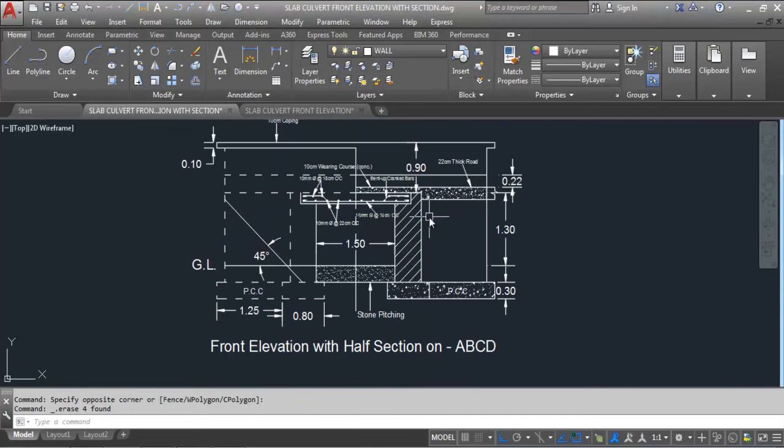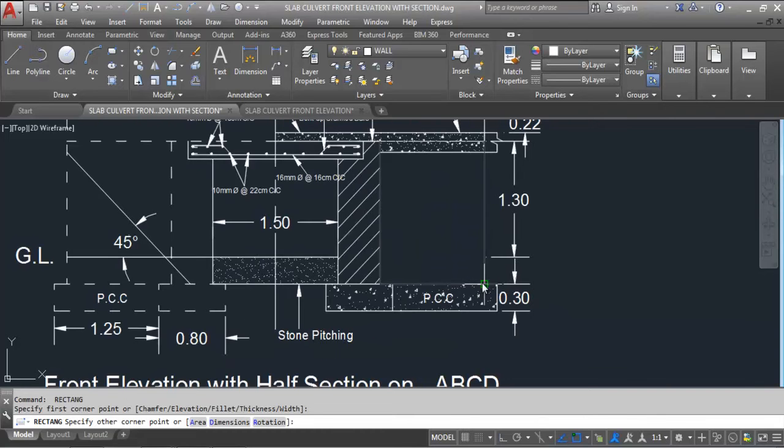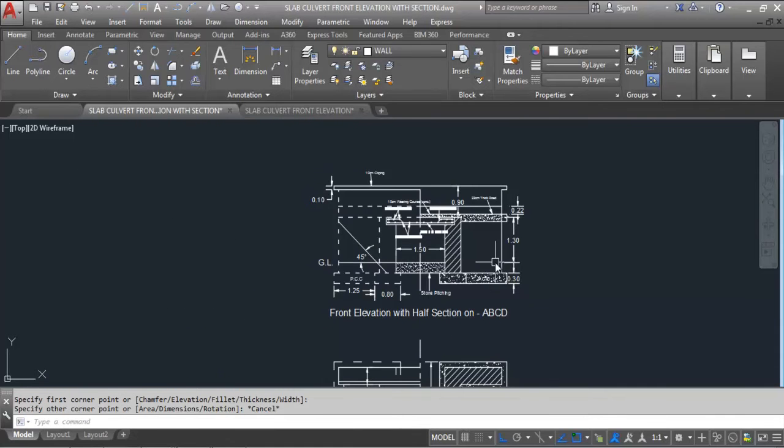Now this is a wing wall. I'll show you. This is here to here, this is our wing wall, and on this side, this is our wing wall. Here we can see only two wing walls. These are two wing walls and two abutment walls.